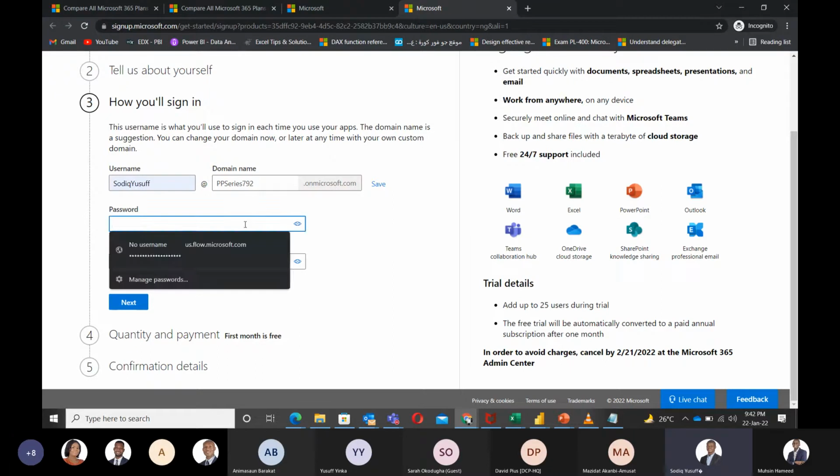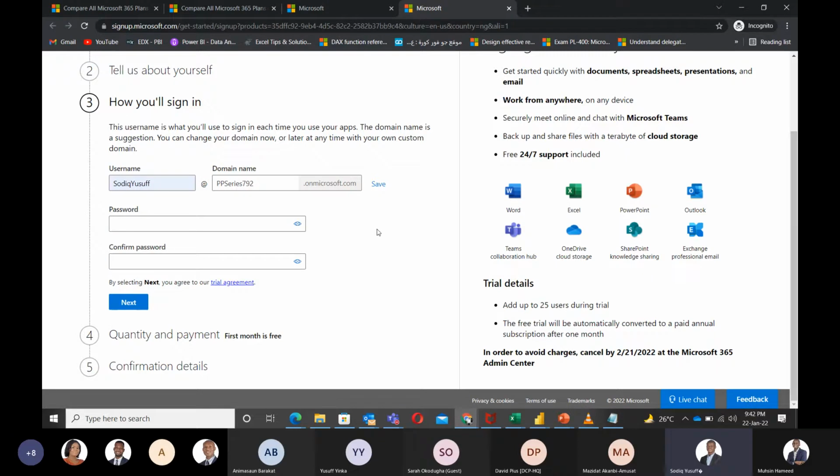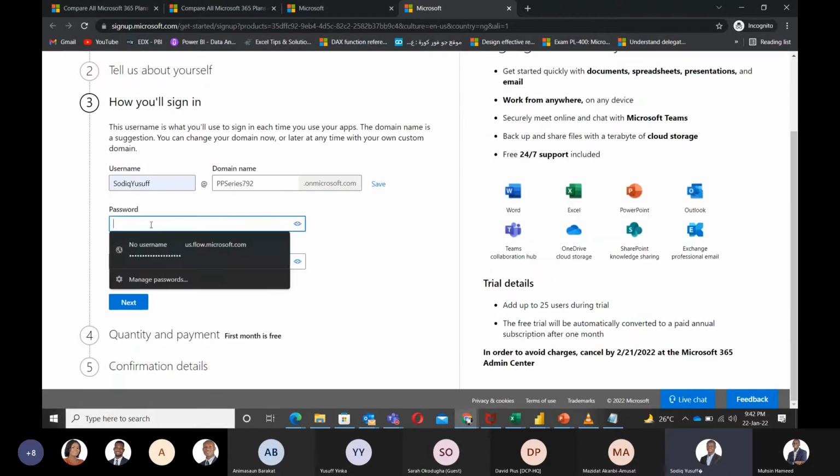Now we can proceed with our password. Don't forget your password needs a capital letter and a small letter. Just use any password of your choice. And please, you need to write that password somewhere, because that is what you're going to be using to access your Power App interface. So for me, I'll just pick